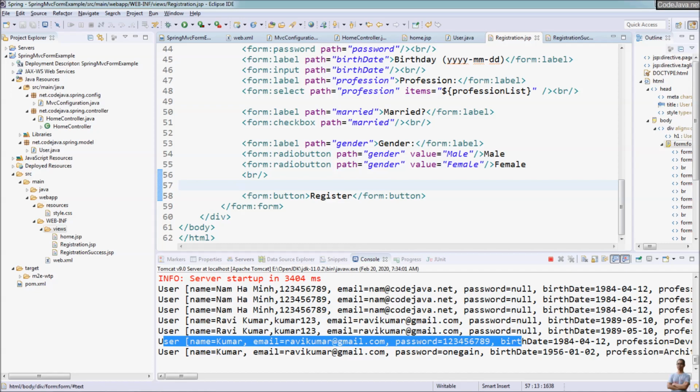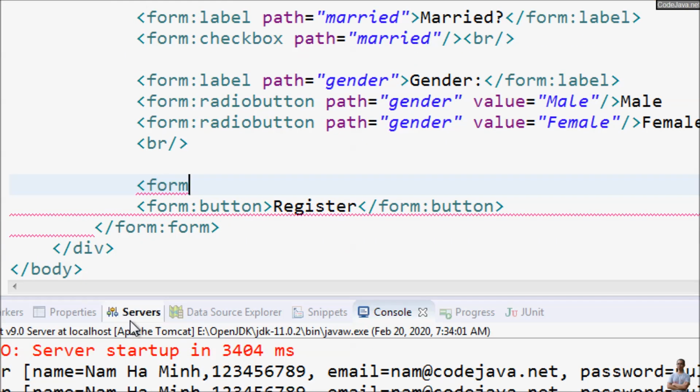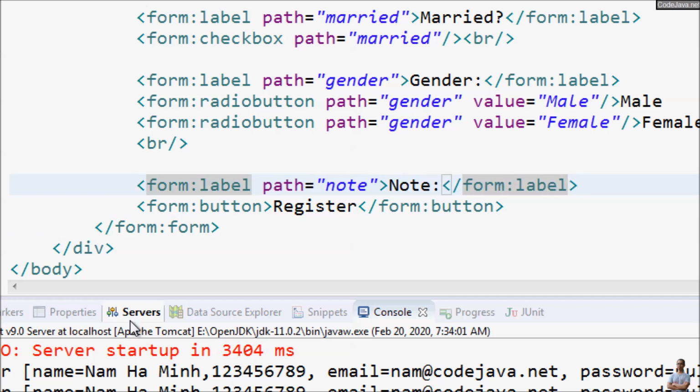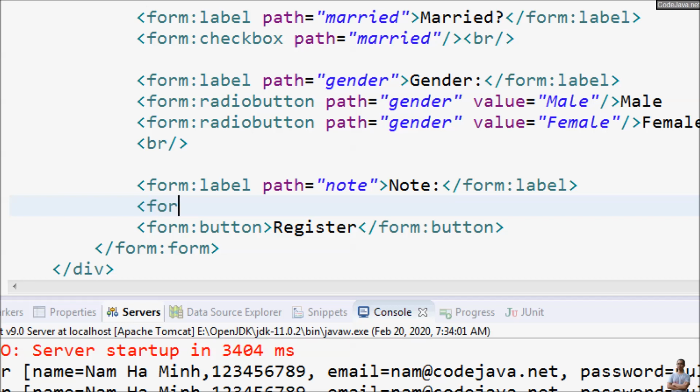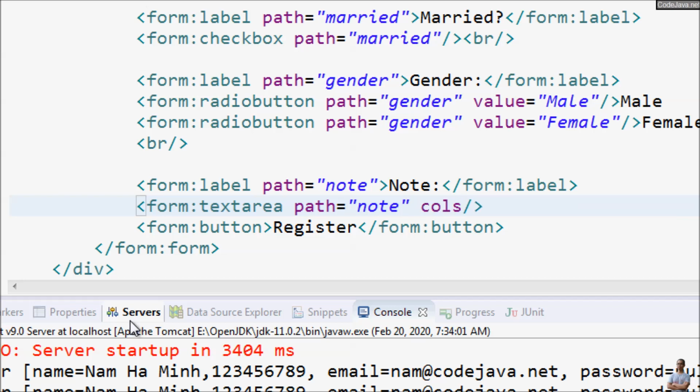So we use a form label, path note, and for text area we use a Spring form text area, path note, and we specify the attributes for the text area. Number of columns is 25, number of rows is 5. Okay, save,